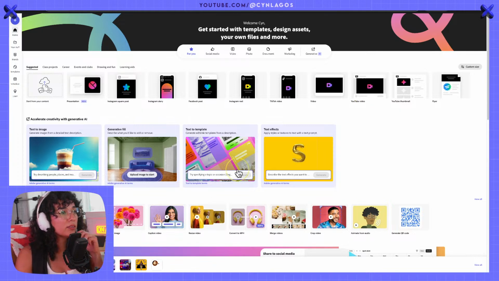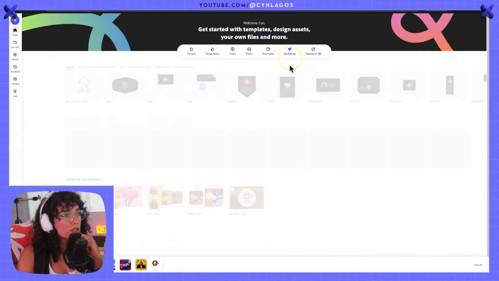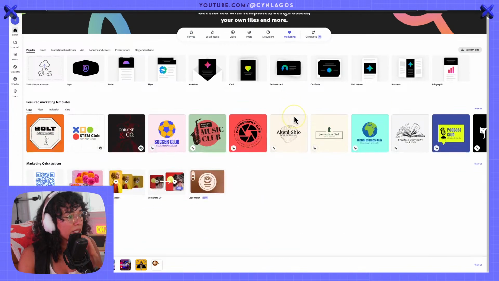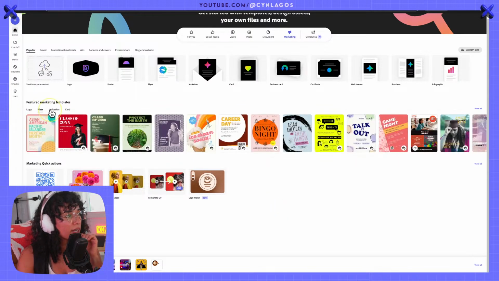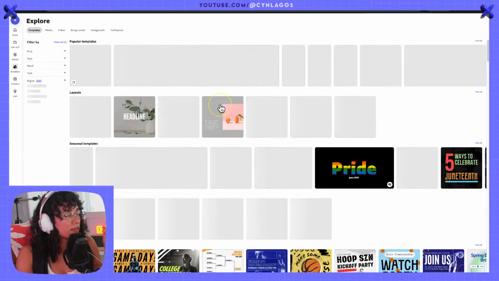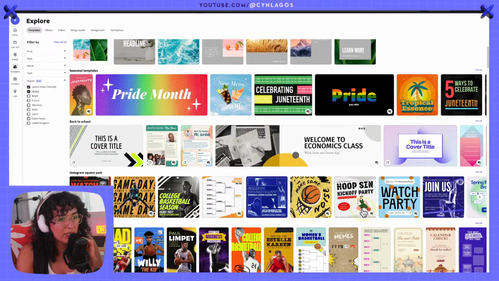So I might, in fact, let's go under marketing here. Under marketing, we can find a lot of different templates. We have them for logos, for flyers, invitations. I sometimes go into these other categories because I just think, what if I can repurpose them to what I need? It might work out, right? So let's see. We've got these. Let's go into templates here. Let's dive in. See if we find something simple, clean cut. I like this one. This one's really neat.